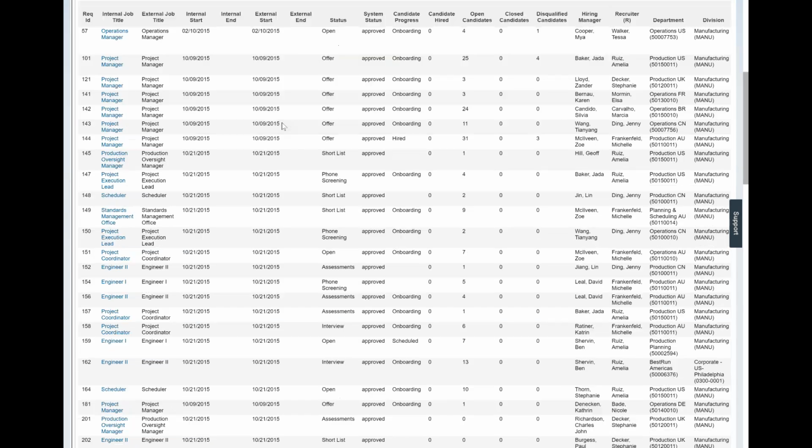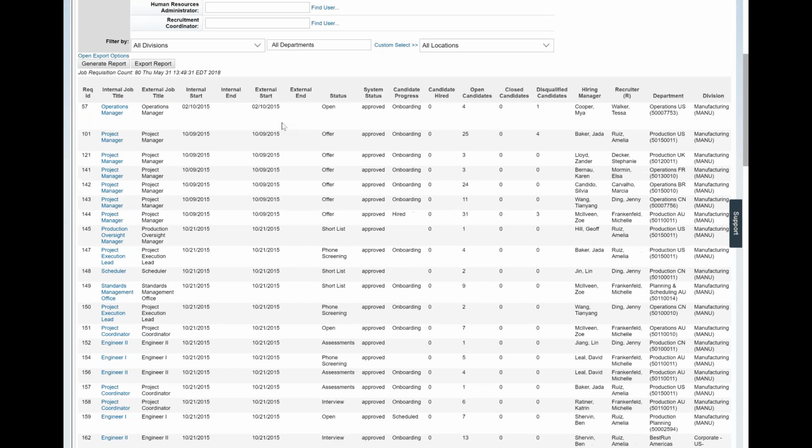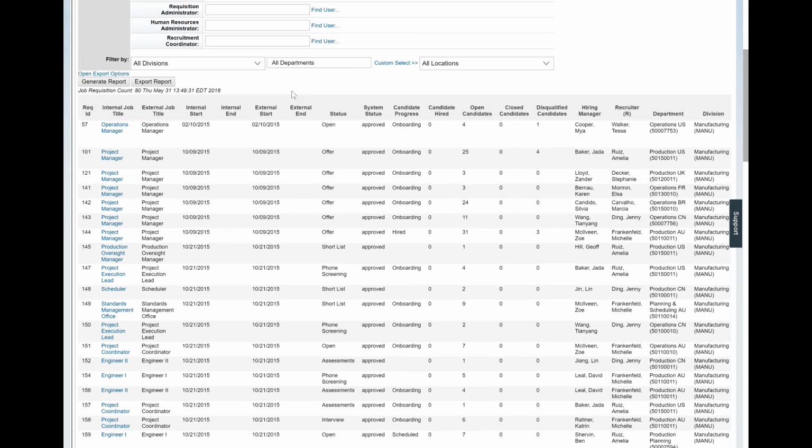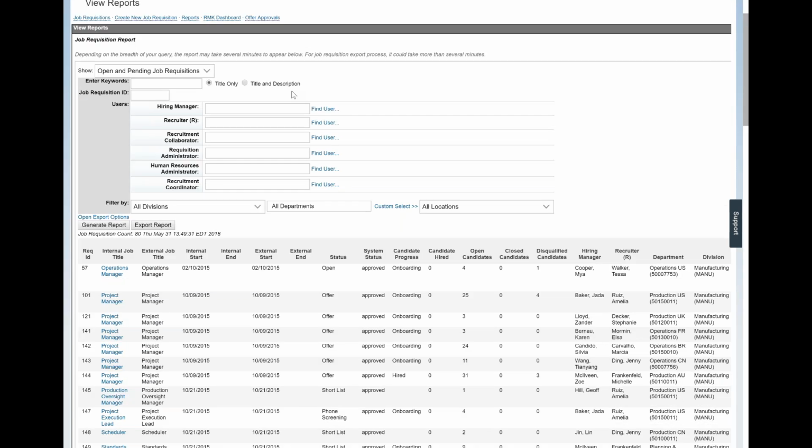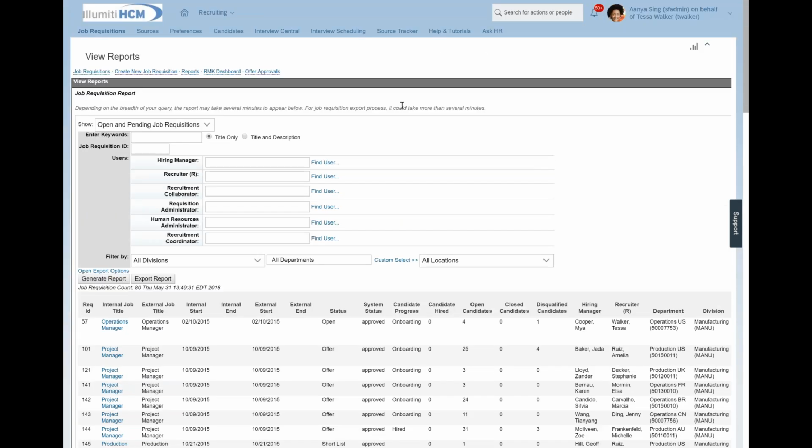I can choose to export it if I wanted to, along with some of those additional pieces of information. I can take any report that has been put in the system and schedule it to run on a recurring basis. So if every Monday morning I want to walk in and sit at my desk and get a listing of new candidates or new requisitions or pending offer letters, then I can have that report set and made available to me on a regularly scheduled basis.